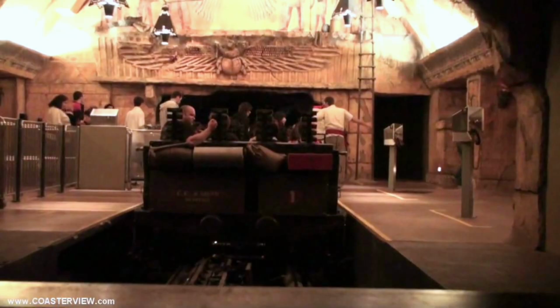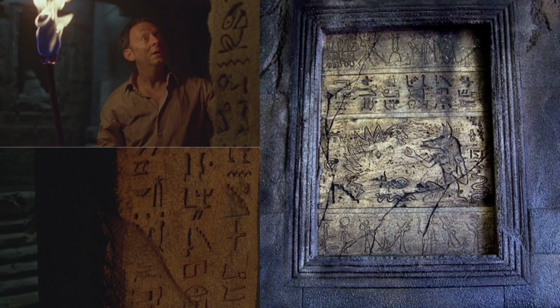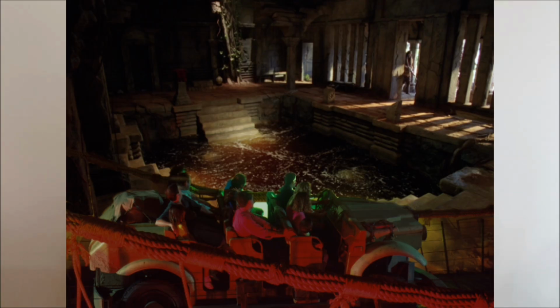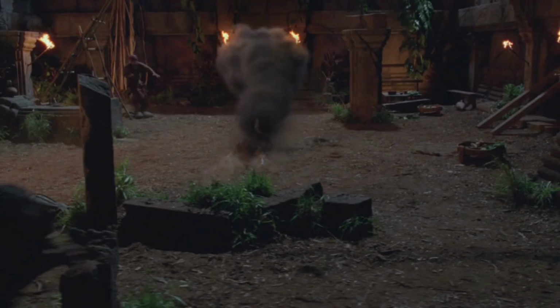You embark on your ride vehicle and you go through the temple, built to look exactly like the one on the show. You see the Egyptian hieroglyphs, the room with the healing water, but of course, things never go smoothly on these types of expeditions. The black smoke manages to sneak its way into the temple for the first time ever, and it attacks, just like in season 6, episode 6.